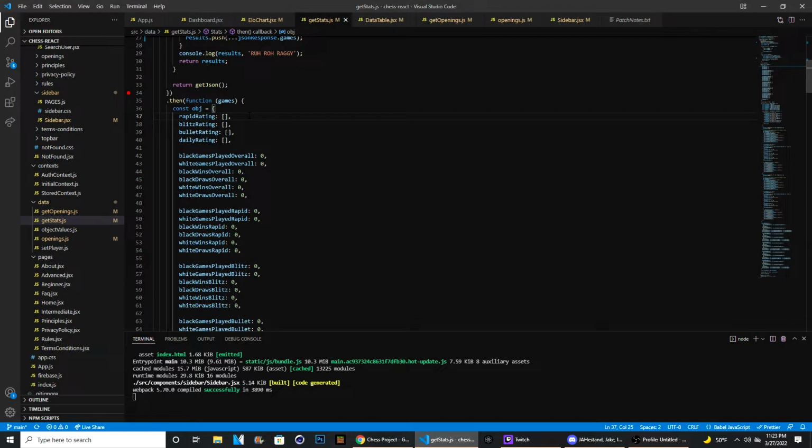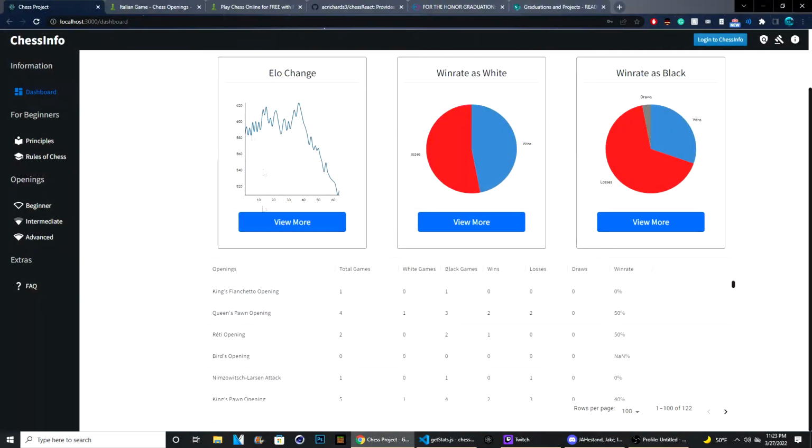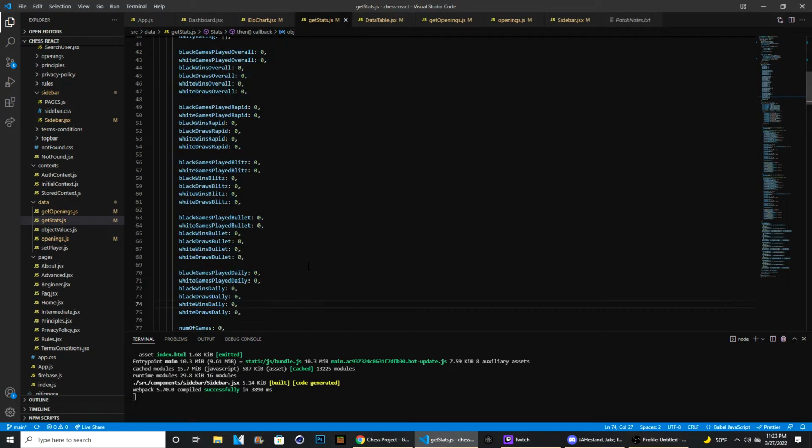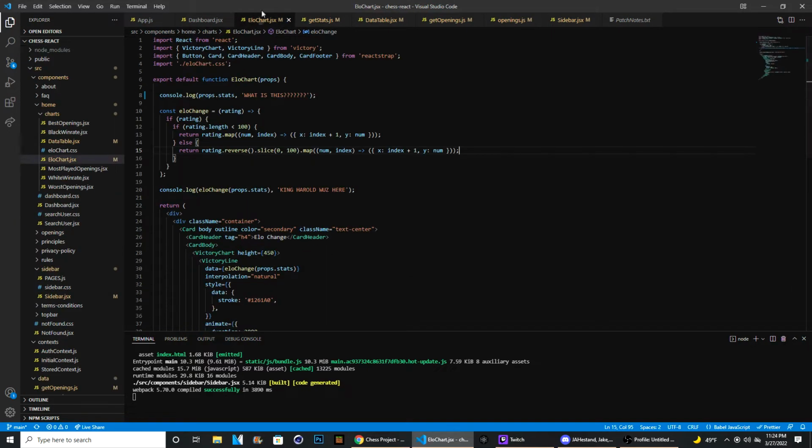It just goes through, checks which of the two players is you, and then pushes the correct elo data for each game. And then the rest of this object basically goes through and shows you all the different scenarios stats-wise that you could have. Looking back at our elochart.jsx file, it'll basically check to make sure that the game is